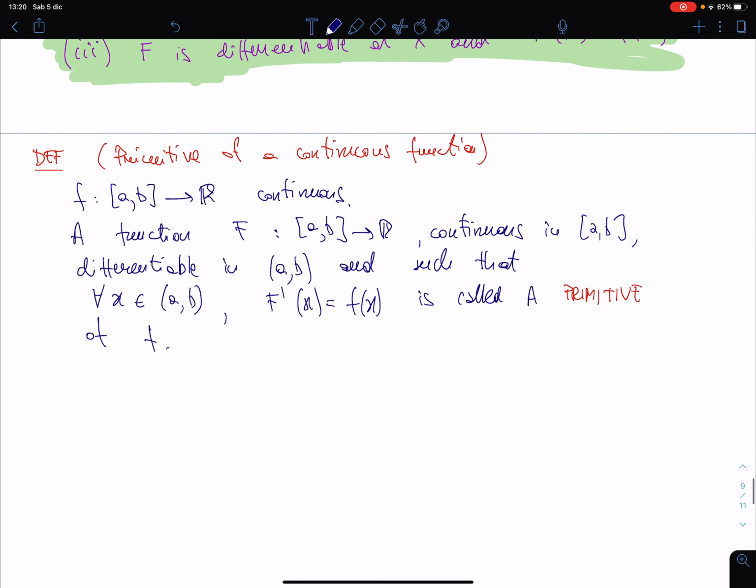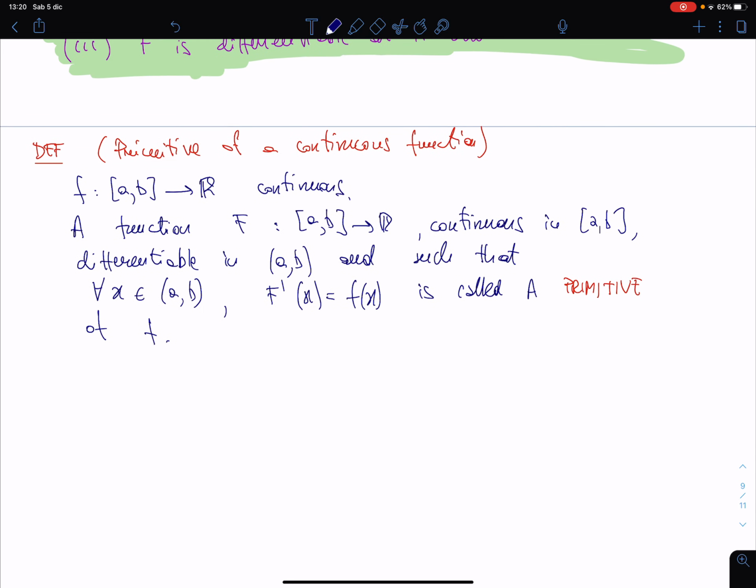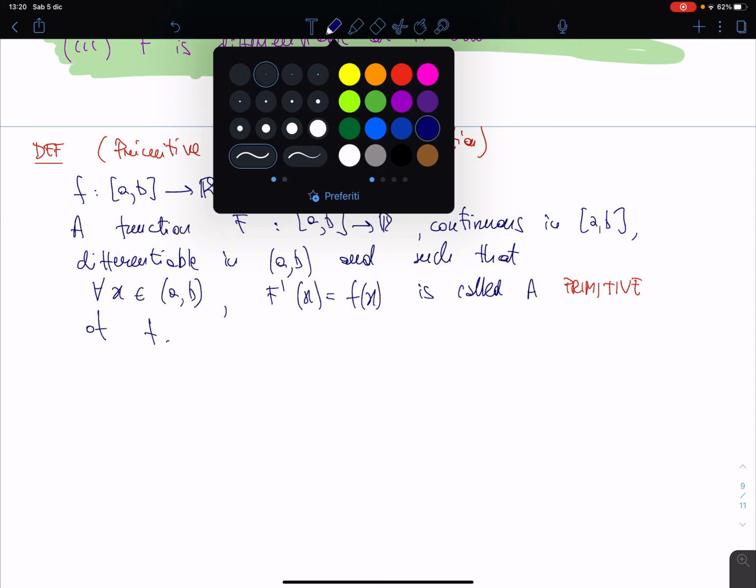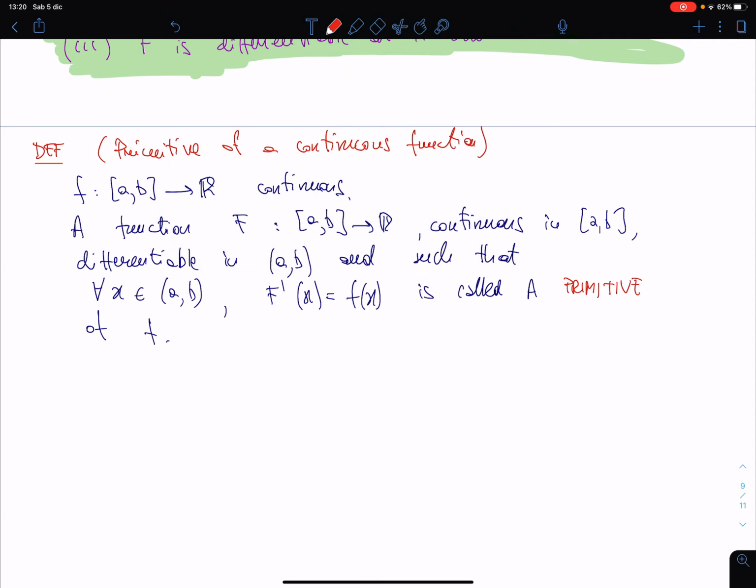Okay? So in this sense, the primitive is the inverse of derivative, but there is an important difference. The derivative is unique and primitive is not. And another preliminary remark,